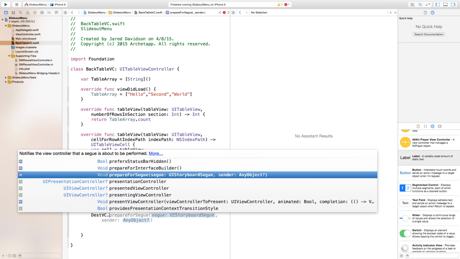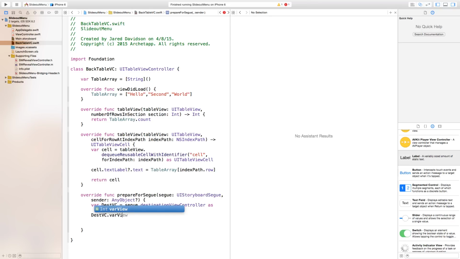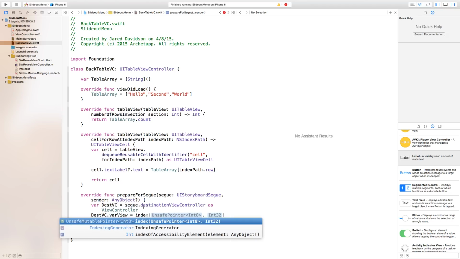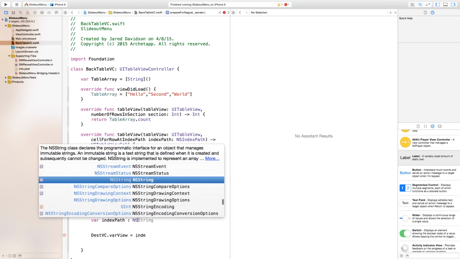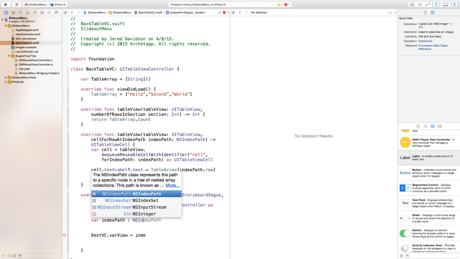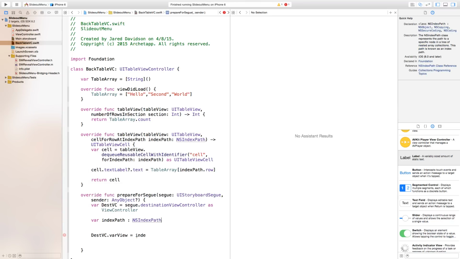So we can say destVC.varView will be equal to our index path. We don't have an index path just yet, so let's also create one. In order to add our own index path, we just say var indexPath, this will be the name of it, of course, colon NSIndexPath, and this is basically naming it. So we're giving it the name of indexPath, and it's going to be an NSIndexPath. We say it is equal to our